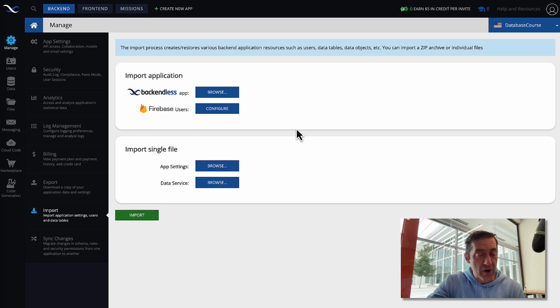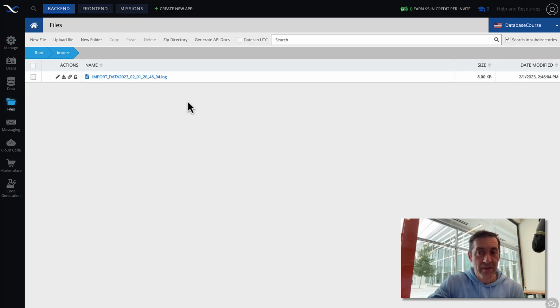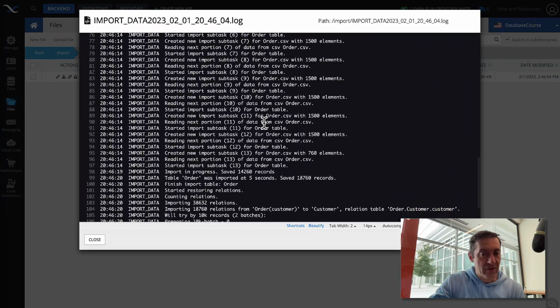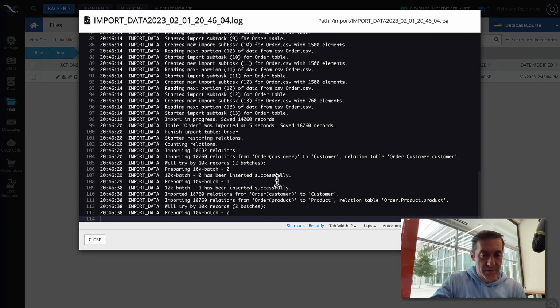To see the process of import, go into the Files section, and in here you will see the import directory. Navigate into it, and you will see this log file that will be updated throughout the import process. Click this pencil icon, and you will see these are the log entries.